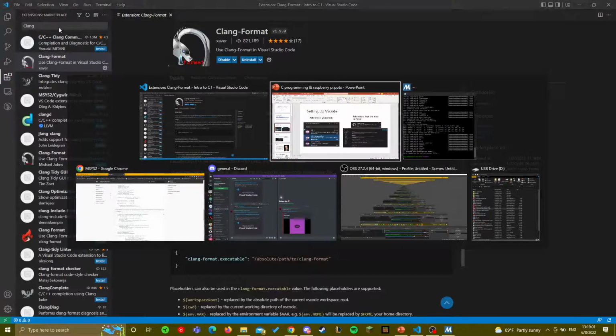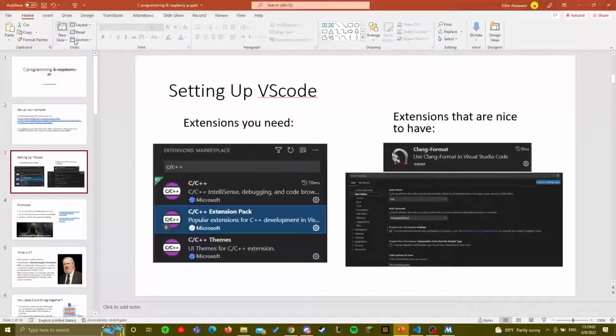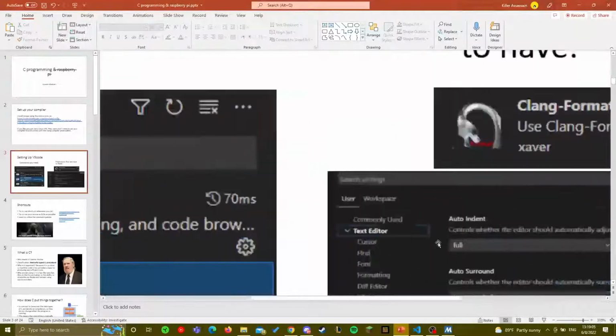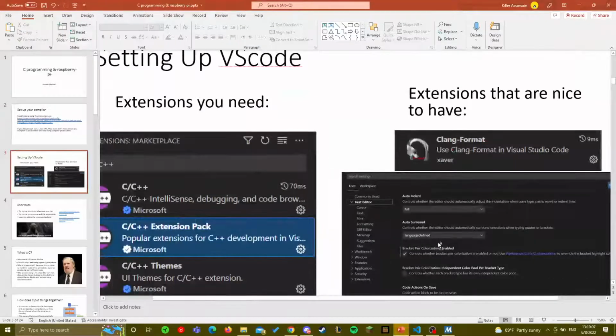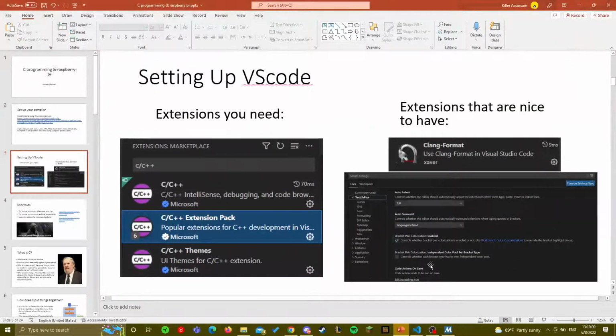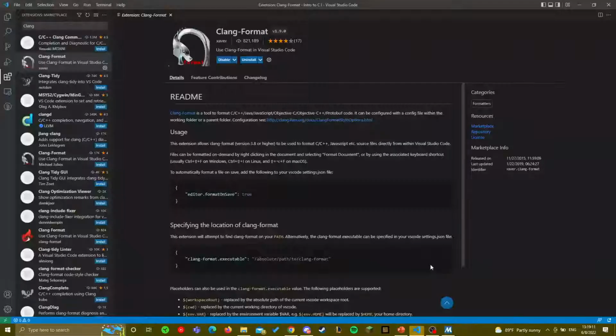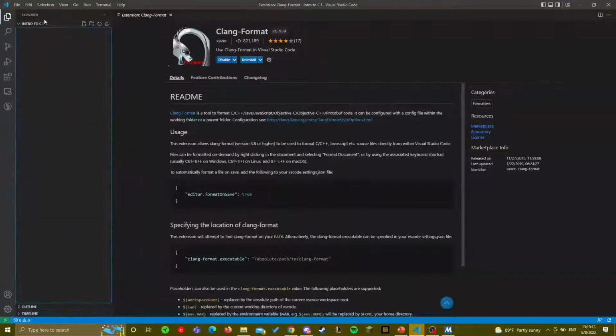And then the last would be colorizing bracket pairs, right? It used to originally be an extension, but VS Code has absorbed it into the default text editor. You just have to turn it on.